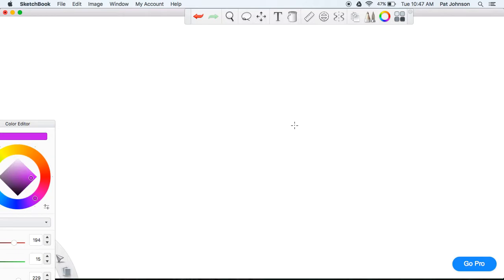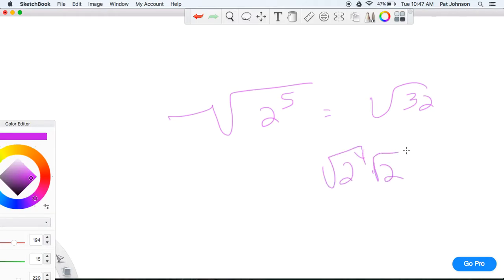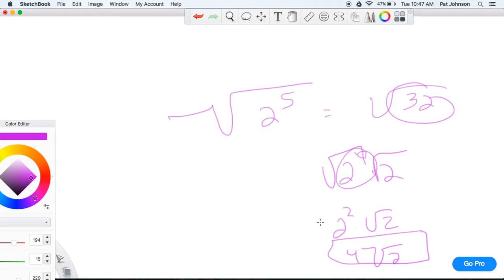But if I have the square root of 2 to the 5th, that's not simplified, right? 2 to the 5th is the square root of 32. That is simply 2 to the 4th times 2. And that would be 2 squared times the square root of 2, or 4 square root of 2, would be your answer. Now it's simplified because, even though 32 is not a perfect square, I did have some perfect square factors in there. Okay, the radicand contains no fractions,